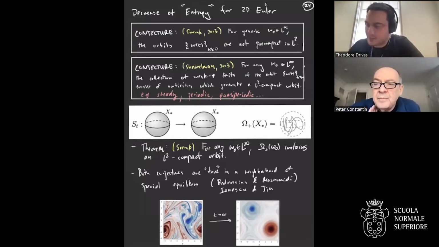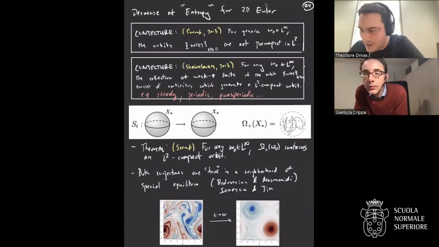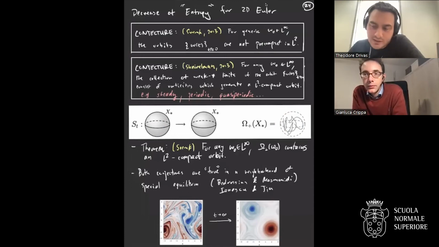Let me remark that, in fact, I think it's an open question to even say that if you union the omega limit sets of everything in this ball, it's not the whole ball. So a natural place to start, in my view, is this wandering point of Nadirashvili. You want to just say that state, which is somewhere in here, cannot arise as a weak limit of some other thing, and I think that's true. But I don't think there's any proof of that type of statement to really quantify irreversibility.